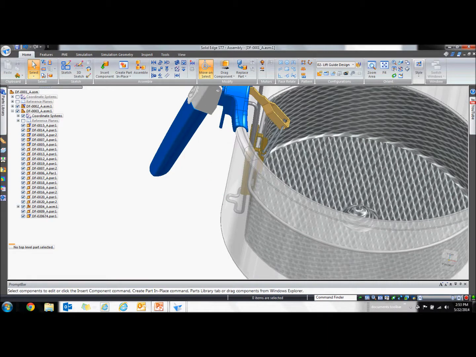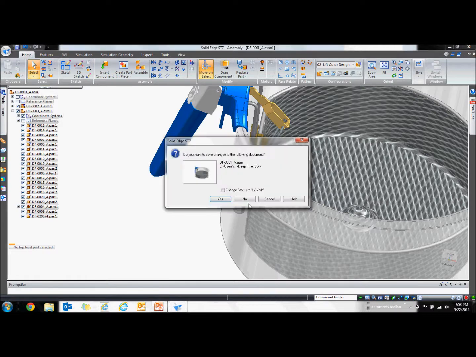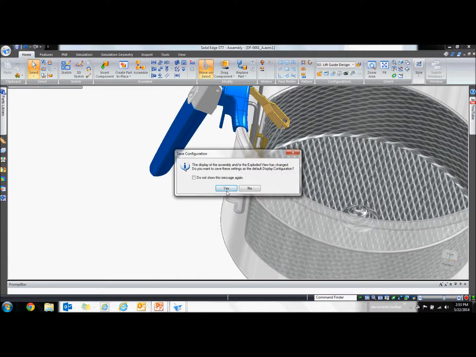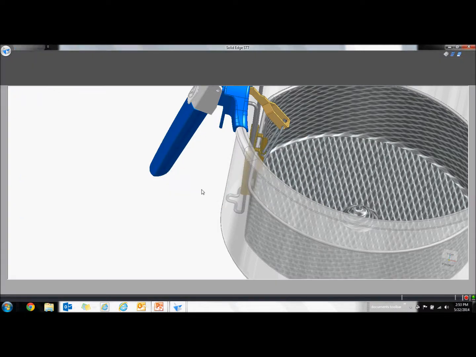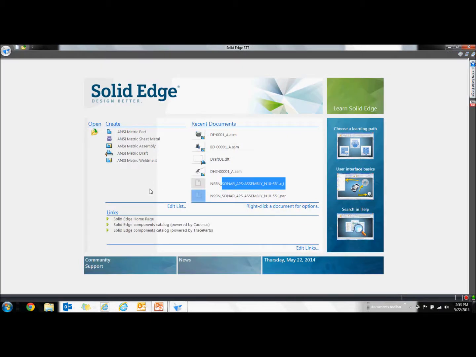So let's go ahead and close this out. Pretty neat. Don't have to use it for right now. I might save it again for another one. And from there,